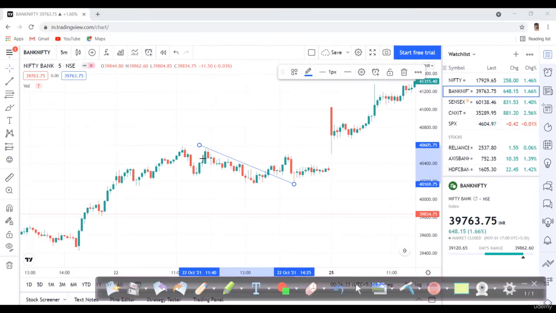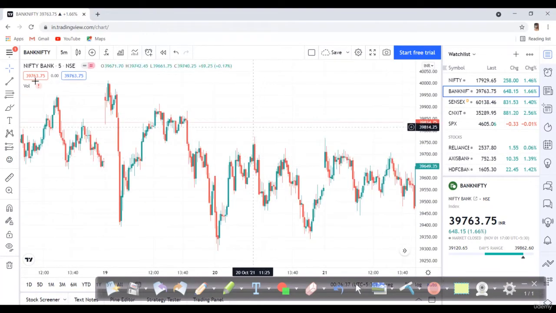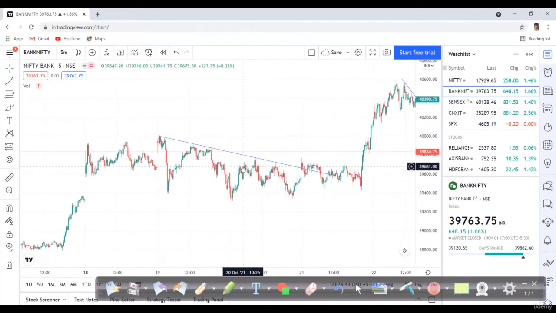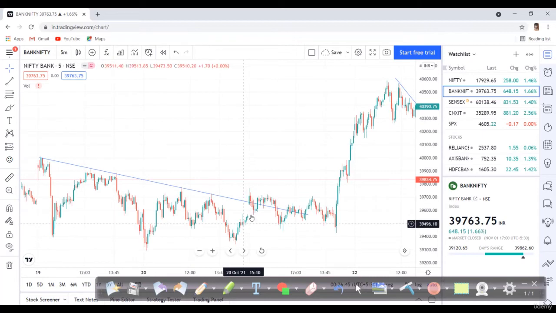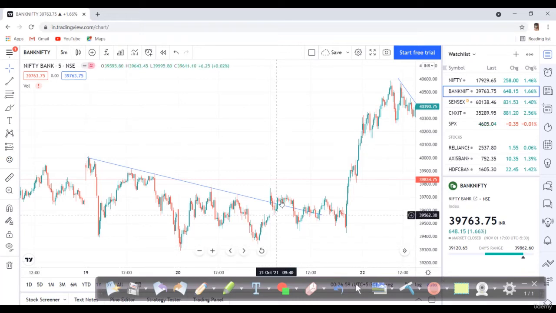Wait, let me show you a different example of how to draw the trend line. See, in this example also a trend line is possible. If I mark the high, this trend line is called a very good trend line. If the market breaks this, then definitely we will get good profit. But you will say, sir, this is already broken, so why did we not get a good up move? Because if you check the date, it's 20th October, then 21st October. So what's happening is